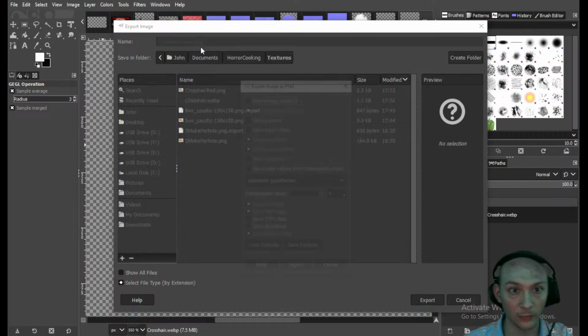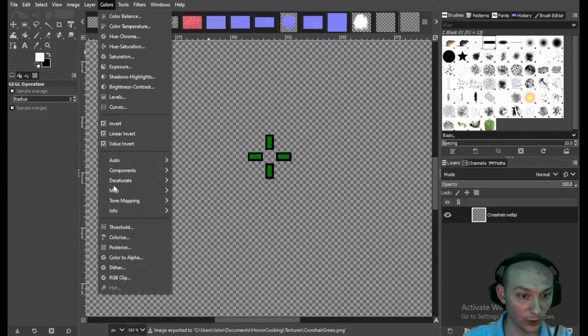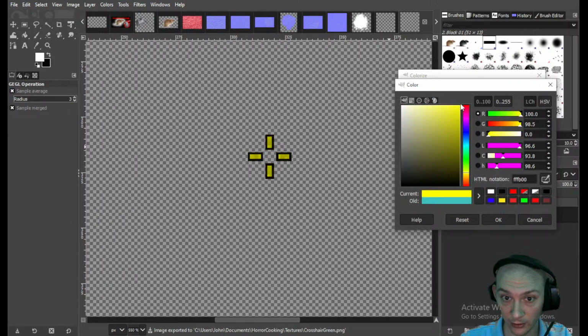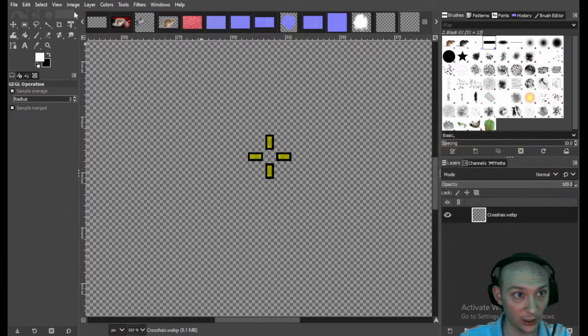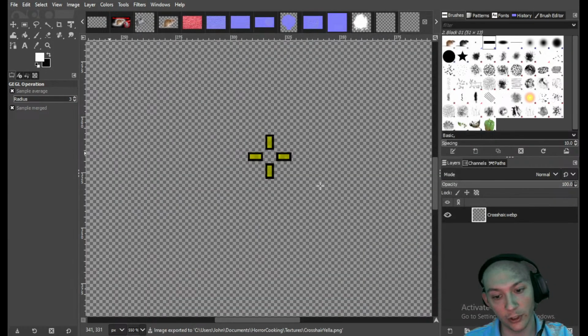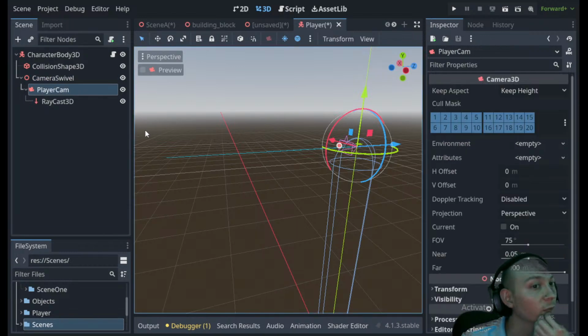green. And then I also want to do one as yellow, so Color, Colorize, and I'm just going to do one as a nice yellow for when we're not interacting with anything. So, File, Export As, yellow. Alright, there we go. Now let's go back into Godot, and if we go to our player camera,